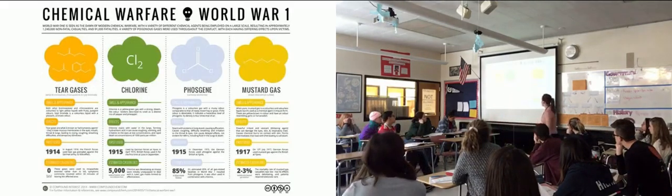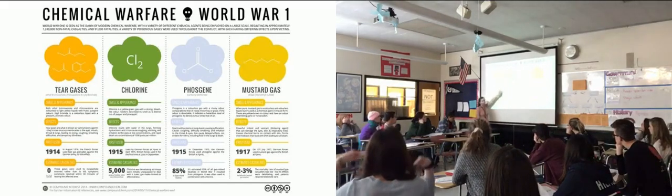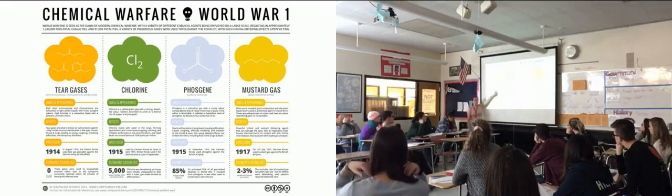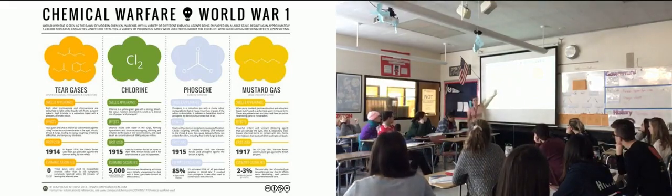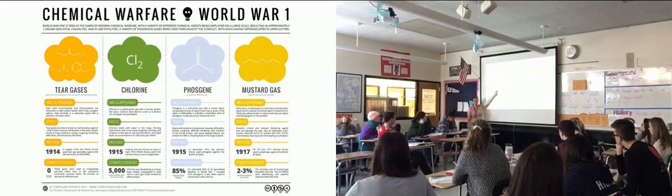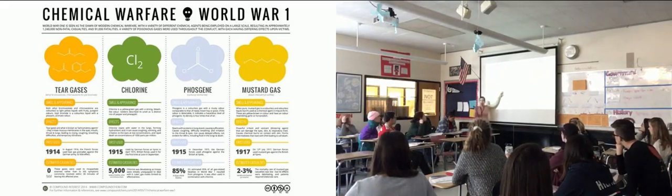Now, the types of chemical warfare during World War I. We start all the way over here with the one that we do still use, which is tear gas. Now, this is not the tear gas we use now. This tear gas was almost 100% pepper. Tear gas nowadays, I believe, is 80-ish% military use tear gas. And then you have the pepper spray and stuff, which goes down from there.